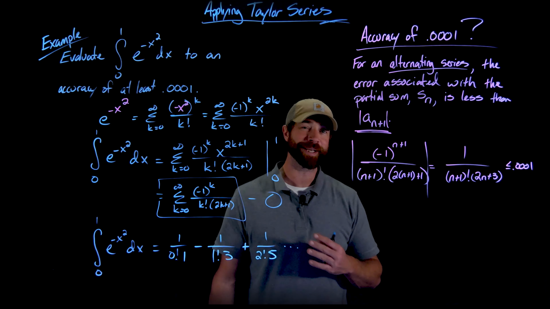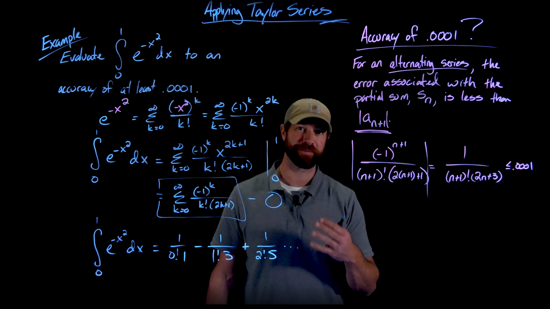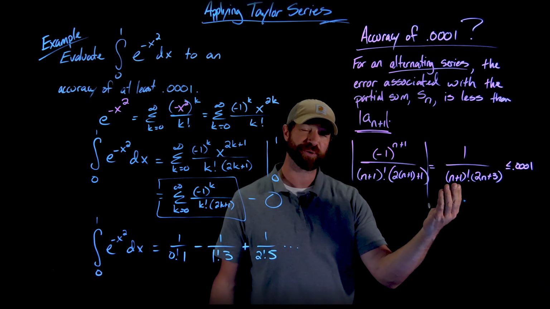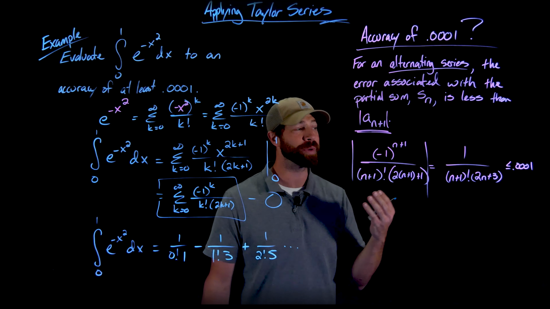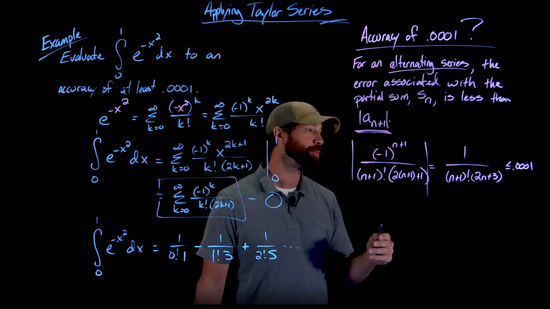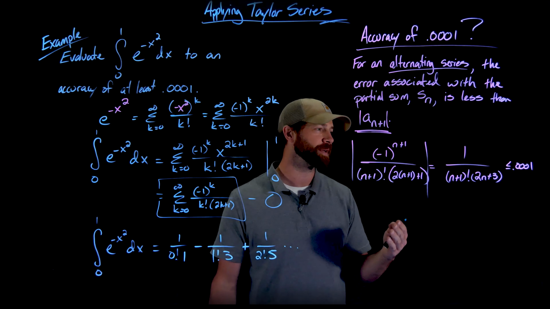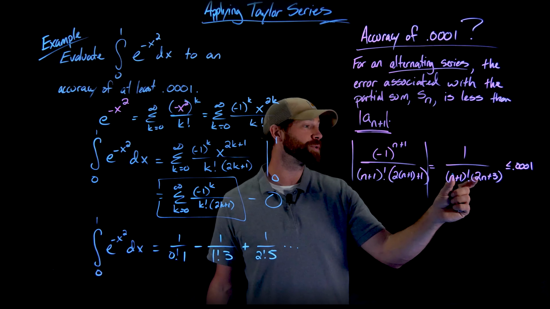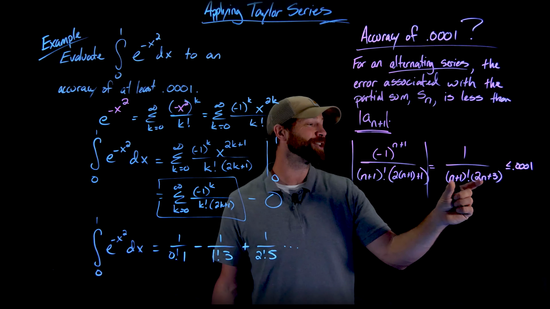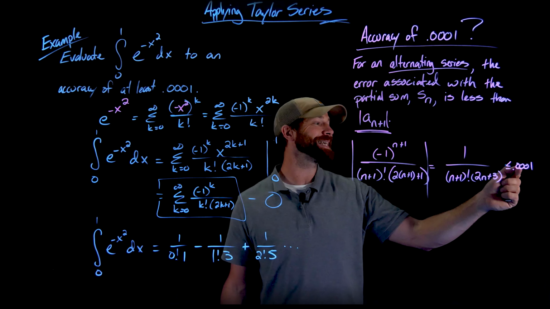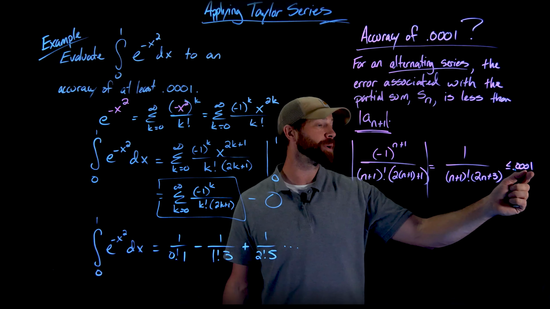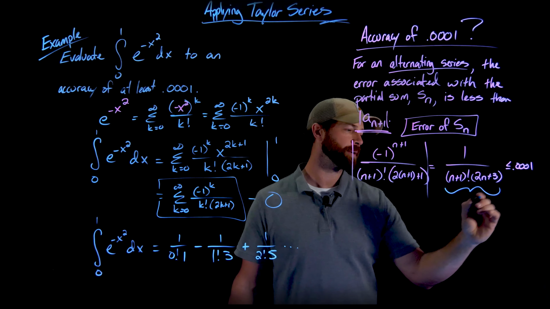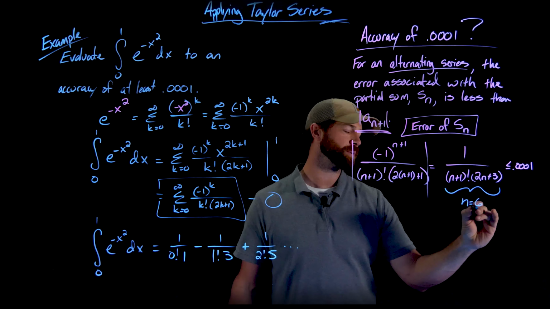And this might be a little unsatisfying if you've been following along for all of the rigor and the work that we're doing. But because of this factorial statement right here, there's actually no easy way to solve this using an algebraic way of solving it. So what I'm going to do is a numerical approach. I'm going to plug in values for n right here until I get out a value less than 0.0001. And after plugging in a few numbers, what I found is that when n equals 6,